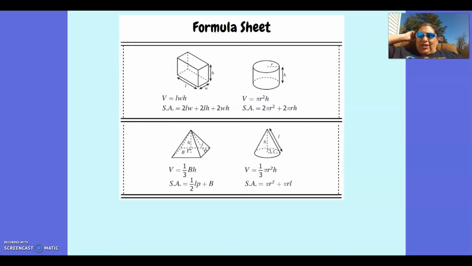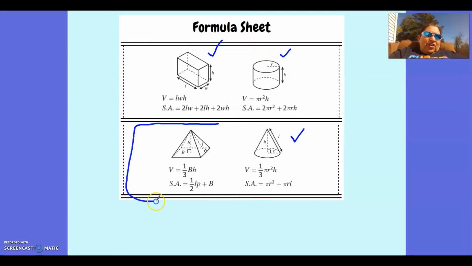But what we're going to talk about today, we've already gone over the rectangular prism. We've already gone over the cylinder, like a Pringles can of chips. We've already gone over the cone, like a party hat. And then today we're going to talk about this guy over here. That is a